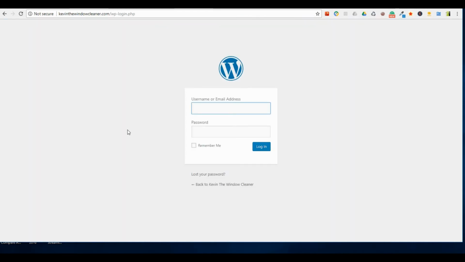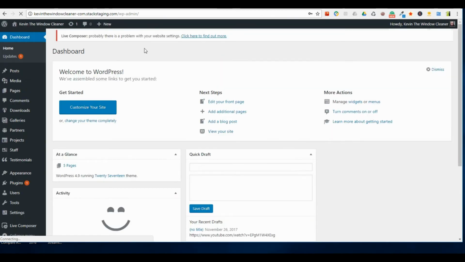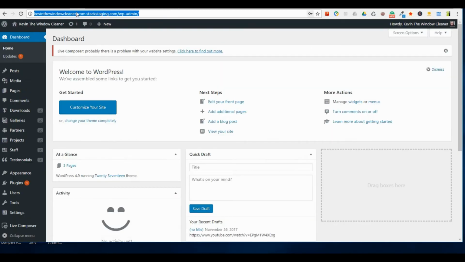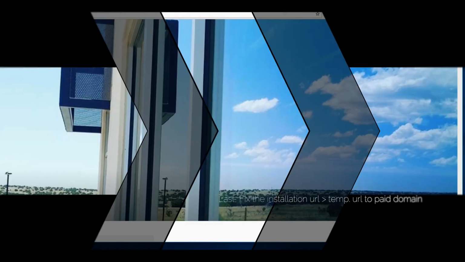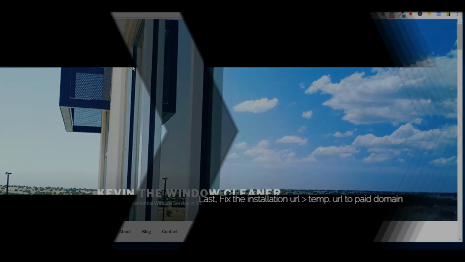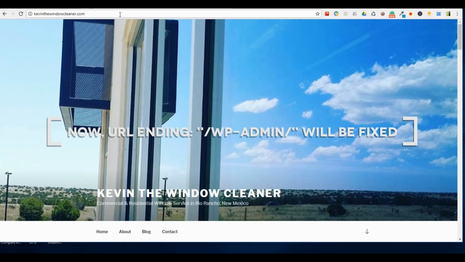So here we are on the login page. We're going to go ahead and put in the information, and we're going to log in. Once we're logged in, the other page which we need to memorize is, if I go to the home page again, so here's the home page, if I type in